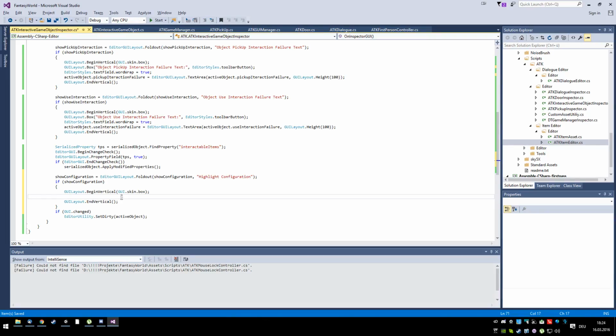Okay, the first UI element we need is a header, basically, and then we need